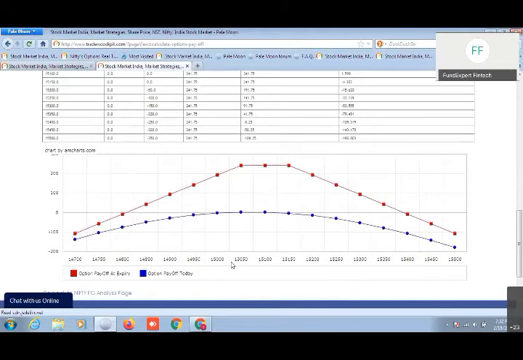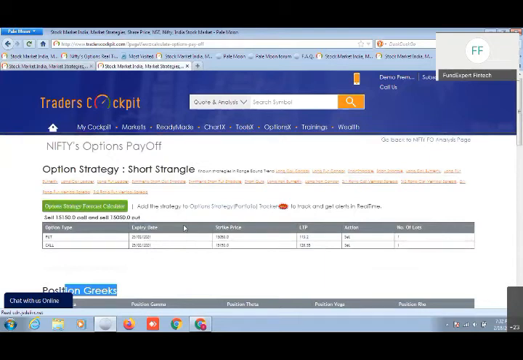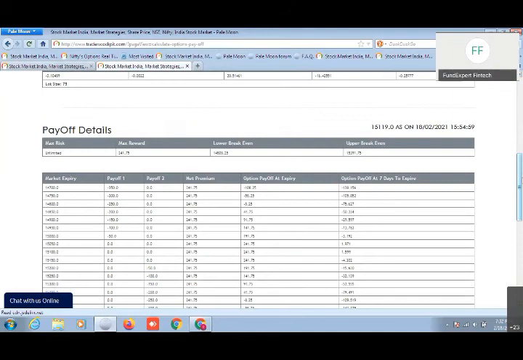Suppose the market is looking bullish, for example from Monday onwards, if the market gets bullish and I want to buy a call option, then if I want to see the payoff to analyze where I can put the stop loss or the target values, then also we'll have to come in a similar way. The only thing is, here we took 2 leg positions. Here the whole strategy had 2 legs. If you take a naked call or put option, then it will have 1 leg only, right?